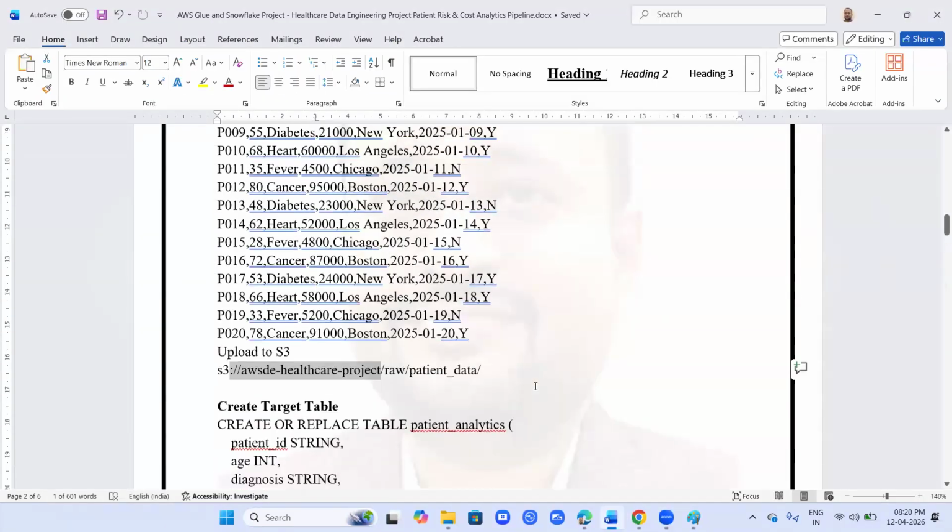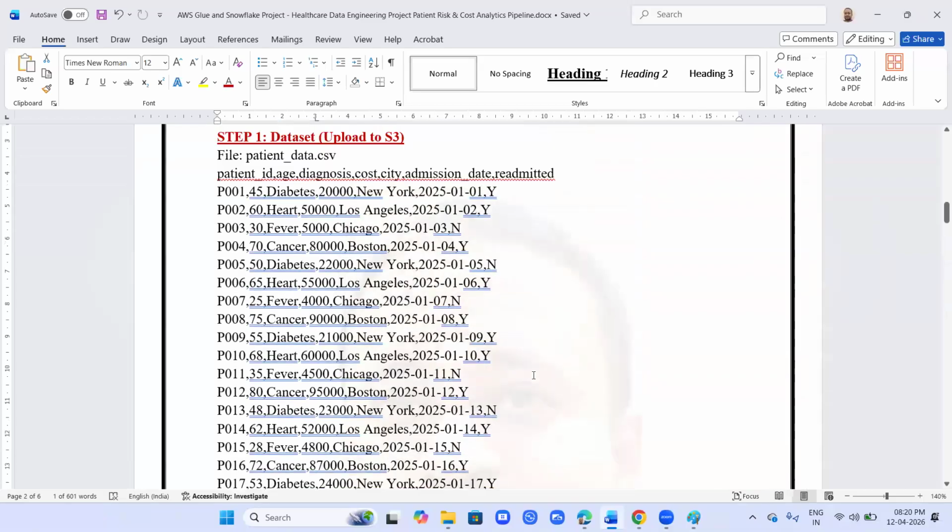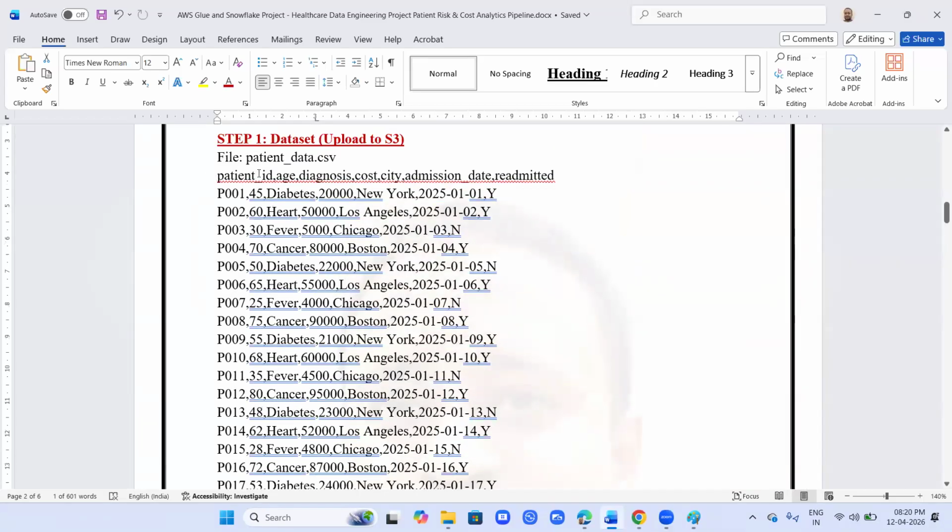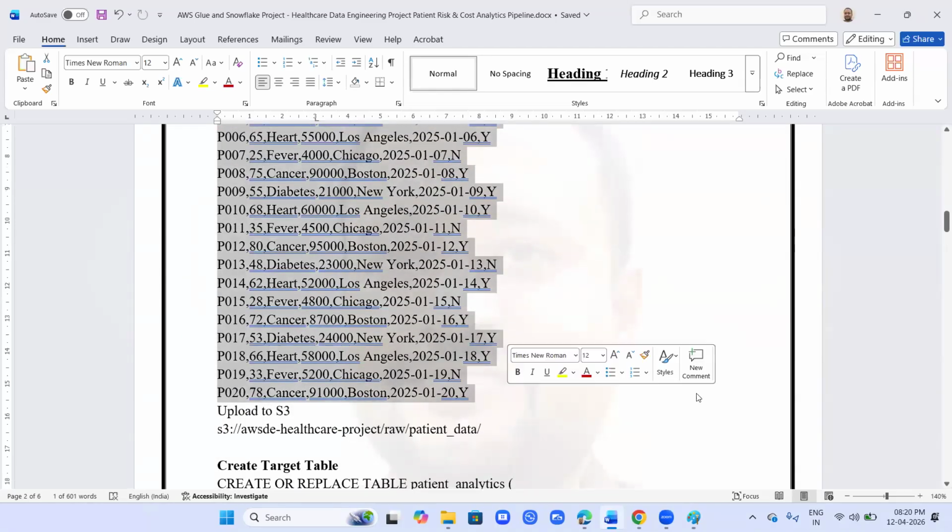It contained 20 records. One header row, and total 20 records. Okay. Now